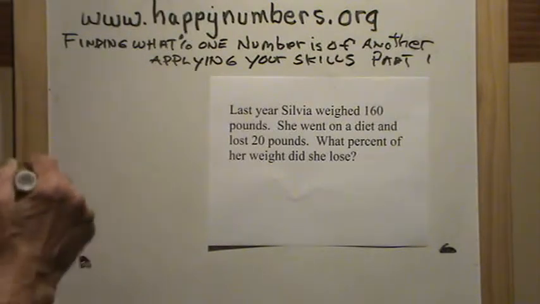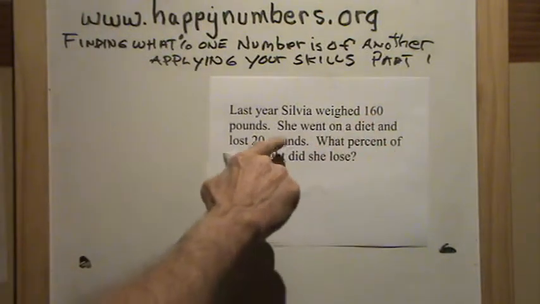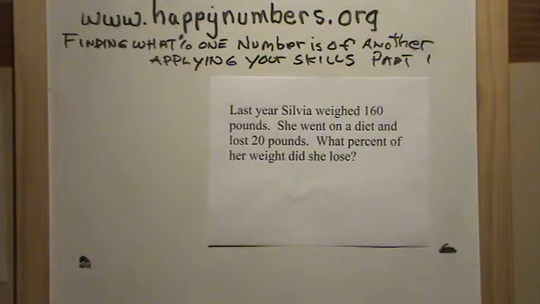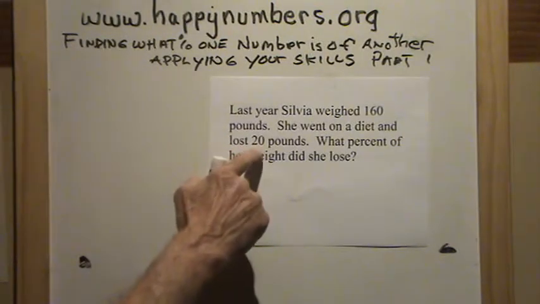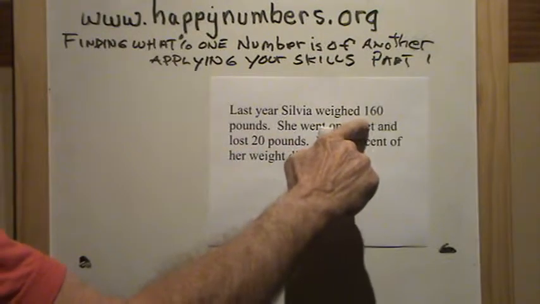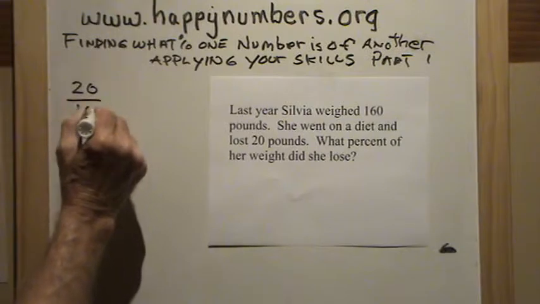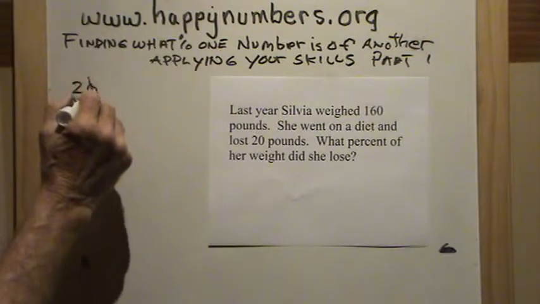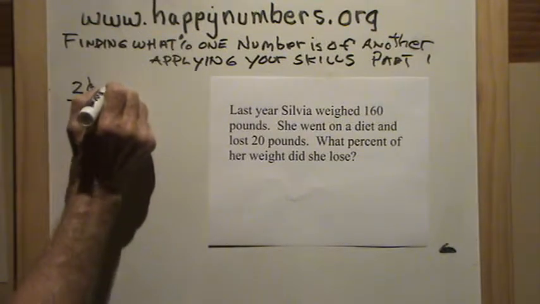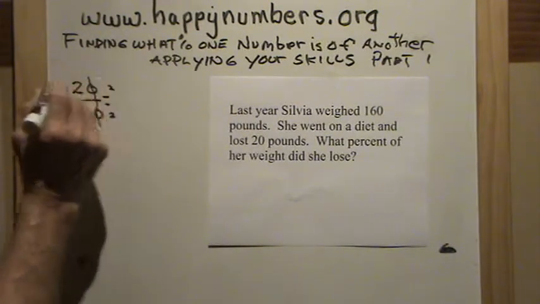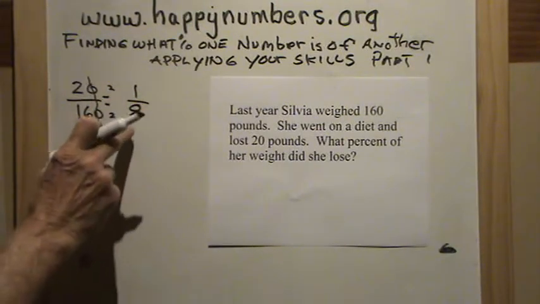Well, let's take a look at it. She weighed 160 pounds and she lost 20 pounds, and we want to know what percent she lost. So we really want to know 20 is what percent of 160? Well, 20 over 160. We know we can cross these out. We're going to reduce this. We'll divide by 2, divide by 2. 2 goes into 2 one time. 2 goes into 16 8 times. So now I have the fraction